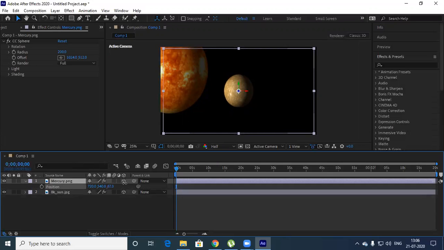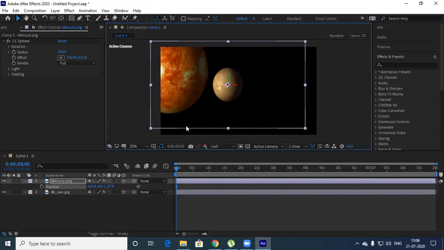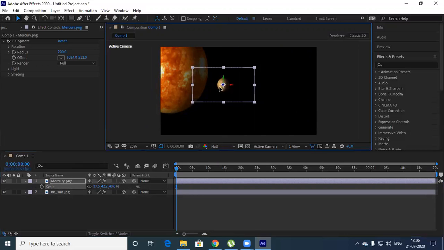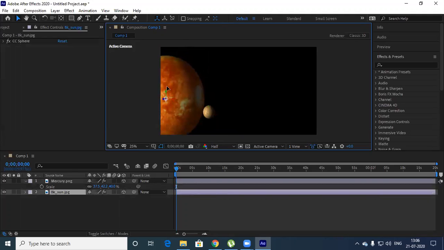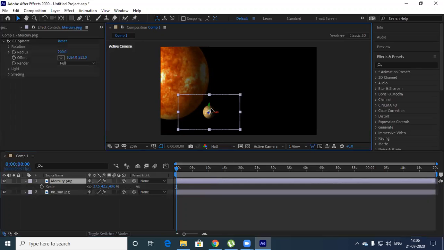This is fine, Mercury over here is fine. And let me make this Mercury a bit smaller in size. Let me have Mercury here. The sun here is fine. Sun is fine.